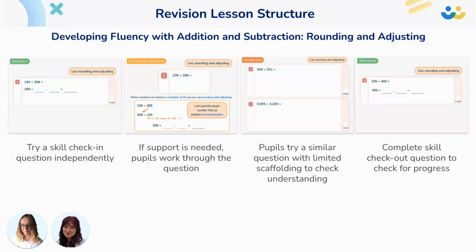And then we end every lesson with a skill checkout, which is the end point of the lesson that you can compare to your skill check-in. Again, it's done independently and allows you to see where pupils are now that they've finished the topic. And what this structure also offers is a different way that you can work through it,